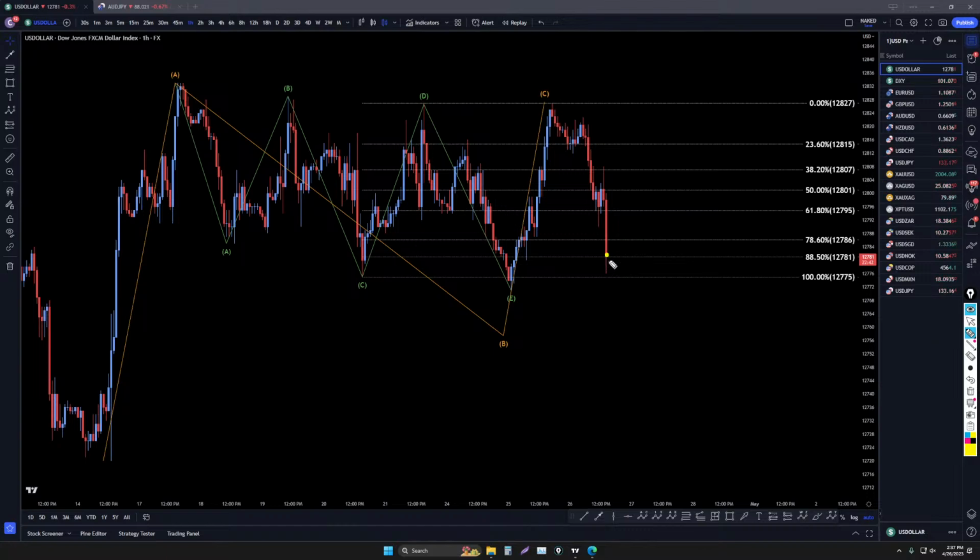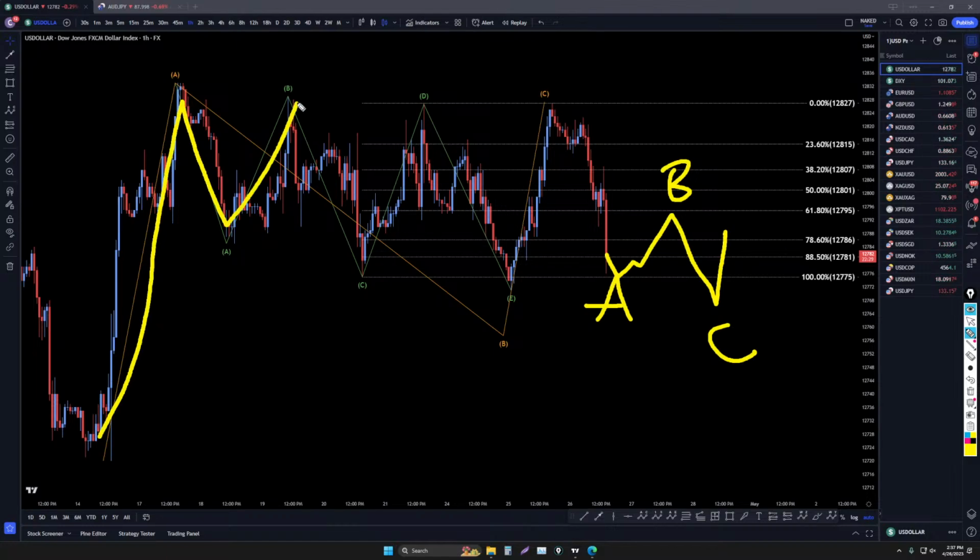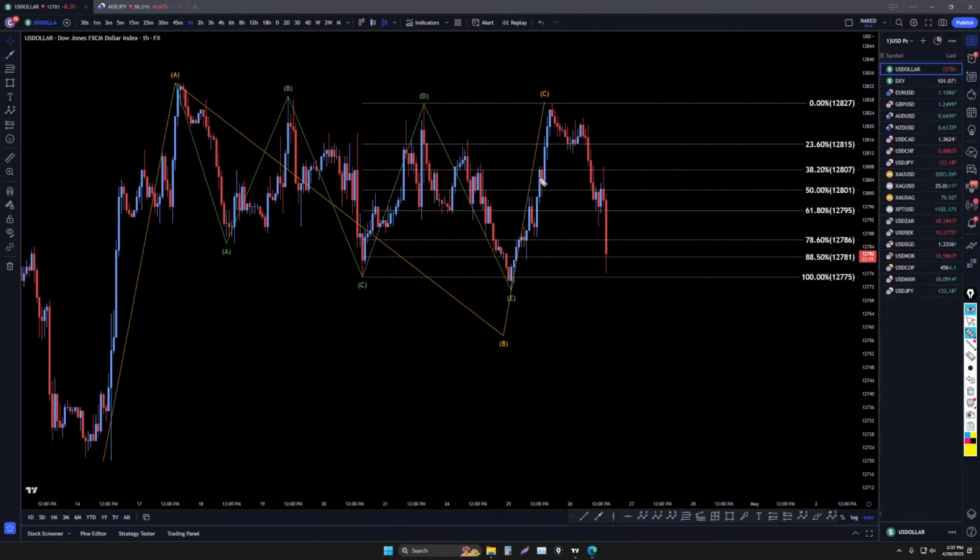If it's not the end of a crescent, then it will probably make some sort of a three-way pattern down and then an impulsive move up, which would be like an ABC down. But I don't think that's really what is going to happen, because this looks like an A, this looks like an ABCDE of B, and this looks like an uptrend for the wave C. We definitely got a nice impulsive move down, taking out structure the whole way down. It should be the end of a crescent, and if it is the end of a crescent, then it will